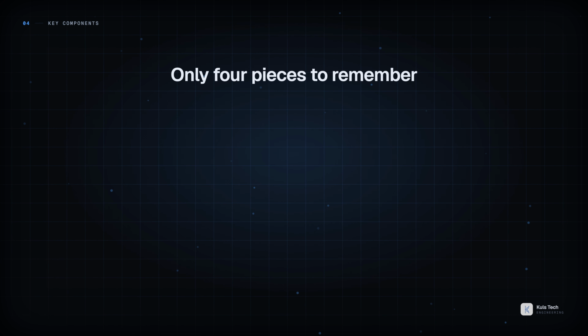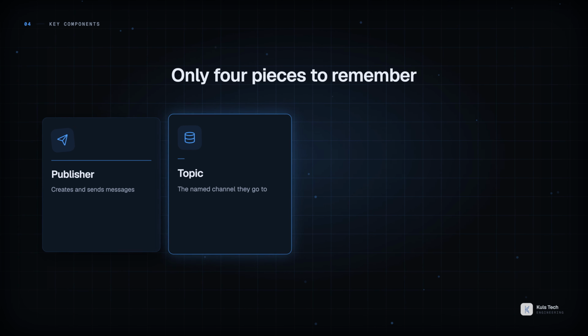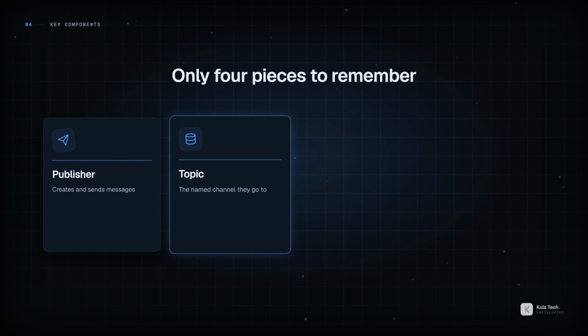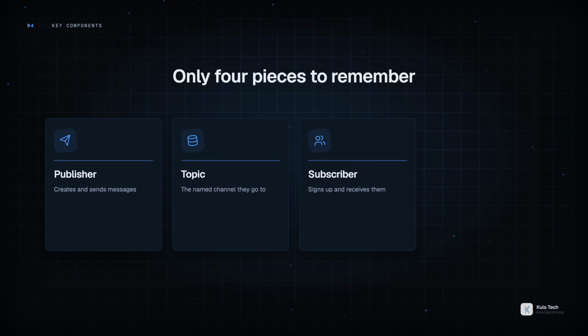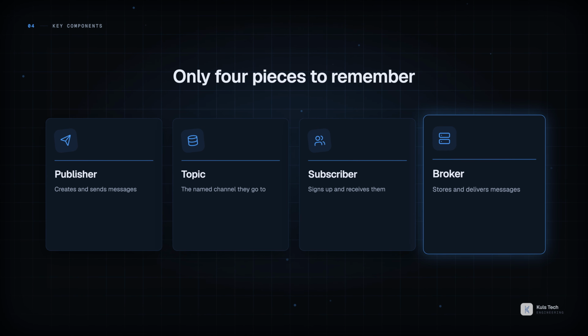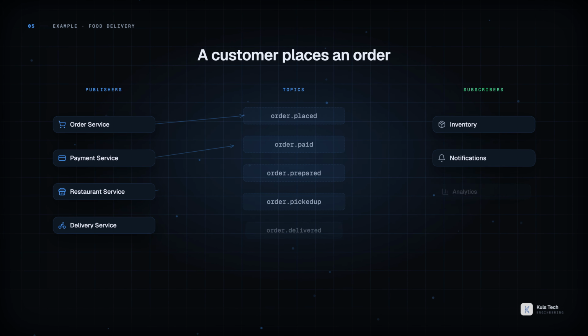So there are really only 4 pieces to remember. A publisher creates and sends messages. A topic is the named channel they get sent to. A subscriber signs up for a topic and receives whatever lands in it. And the broker is the engine that stores messages and delivers them. Back to food delivery, because this is where